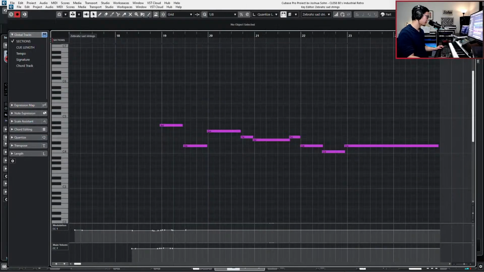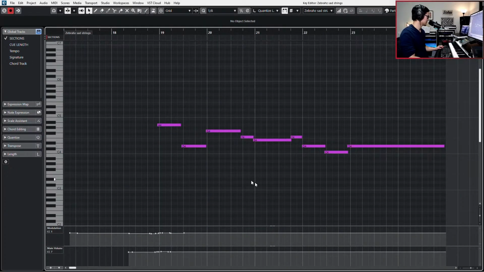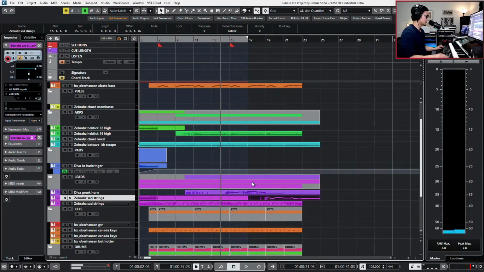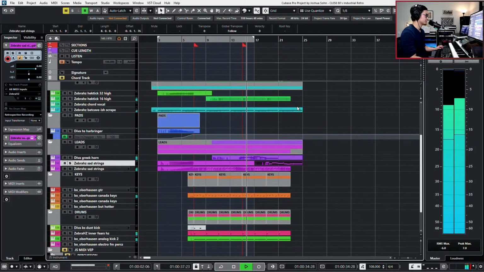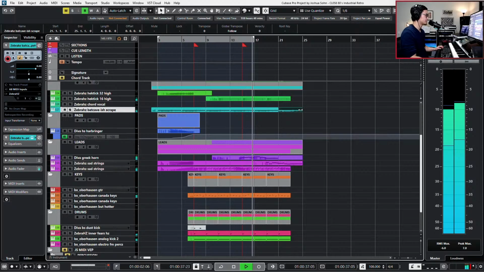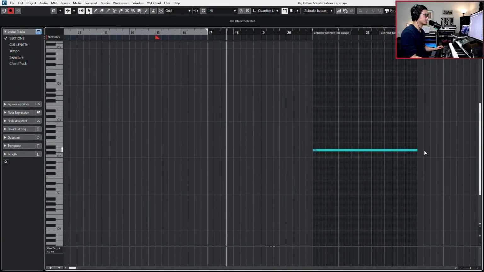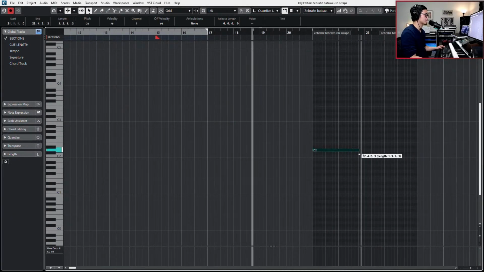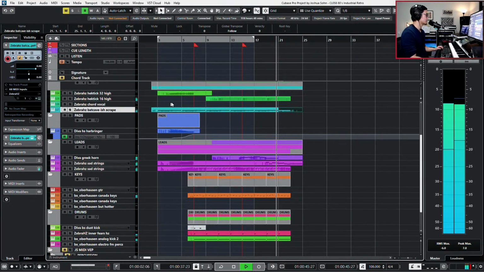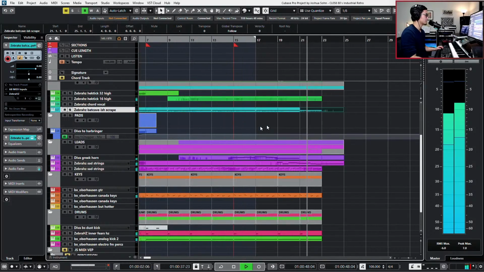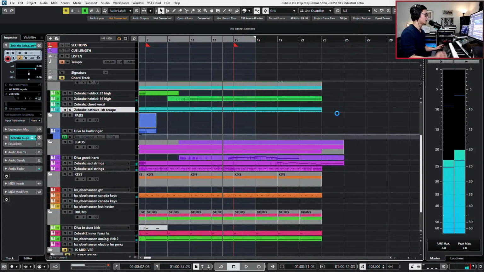Let's try that one. Cool. I'm just looking at how this is shaped. Cool. Yeah, let's do that. Okay, great. So let's create a new section right here